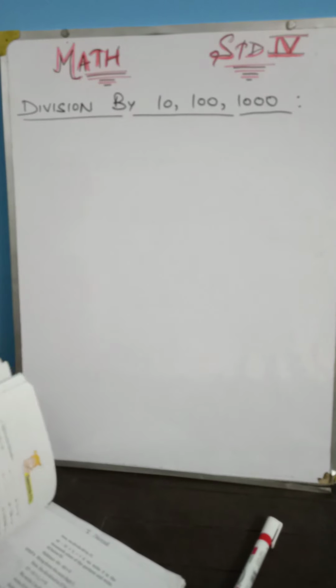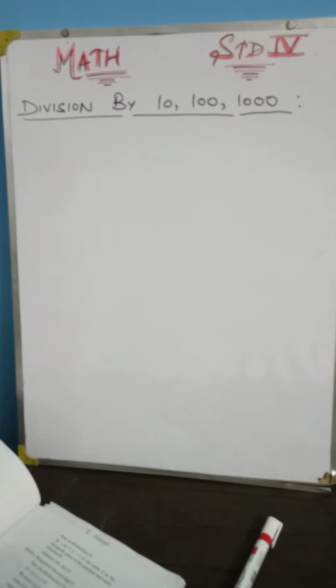So in our last lecture we have done first exercise, that is 4.1, and in that exercise we understood how to write division sentence in various questions, and also we understood how to write all the components: dividend, divisor, quotient and remainder. So in today's lecture we will start our exercise 4.2, that is on page number 56.